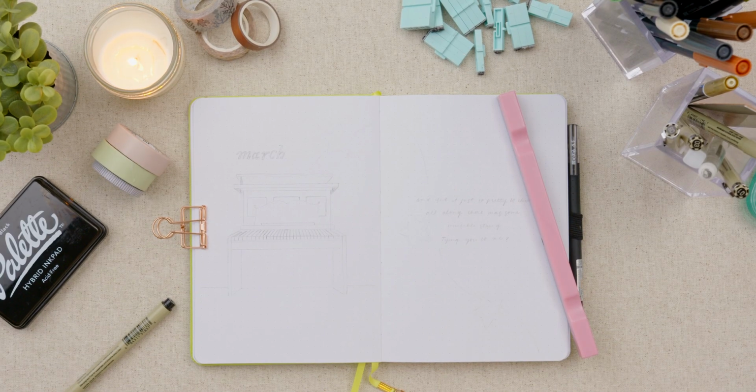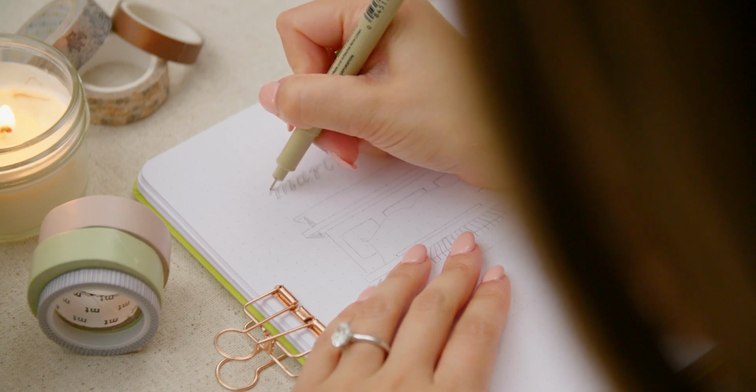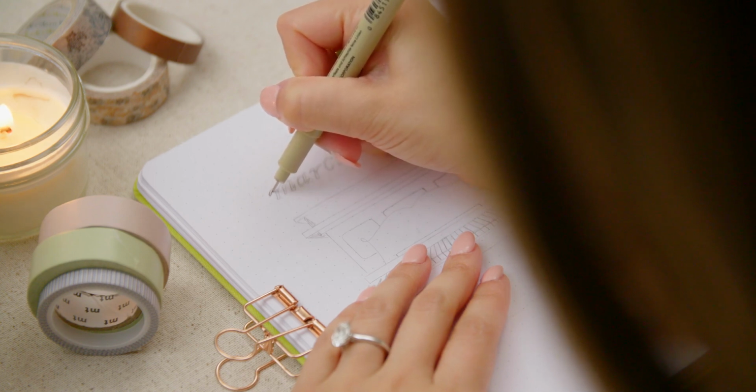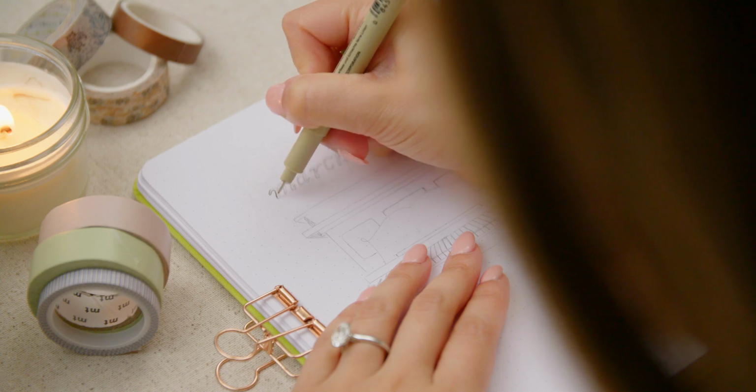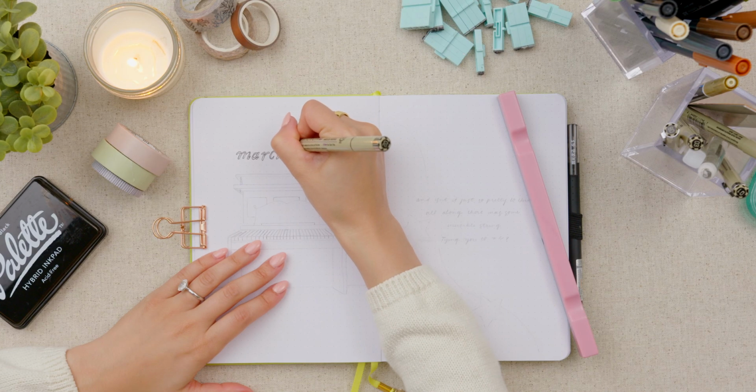Hey guys, I am so excited about this month's spread. As you can tell from the title of this video, the inspiration for this month's spread is Taylor Swift's album Folklore, which I'm obsessed with. If you don't know, I love Taylor Swift, and this is the exact album I've been waiting for since her